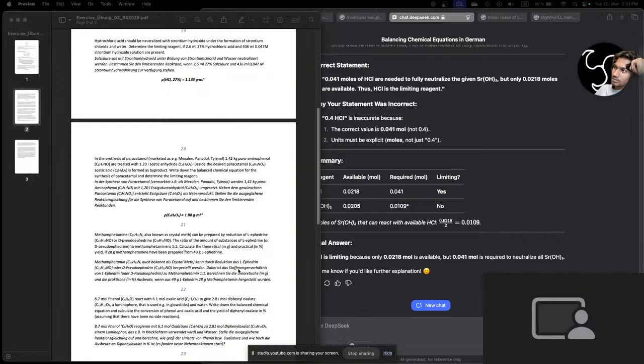Write down the balanced chemical equation. If I put two,